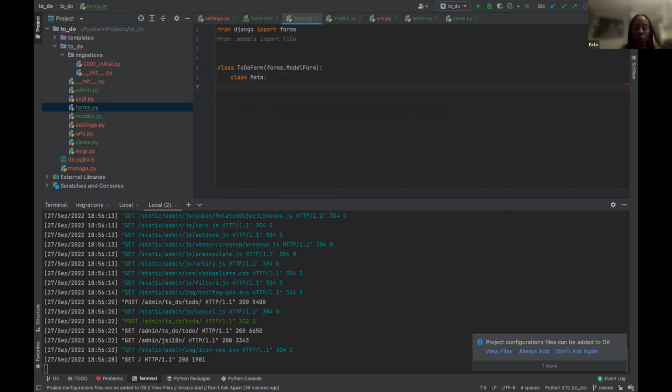And we want this to work with the ToDo model, of course. And the fields should be